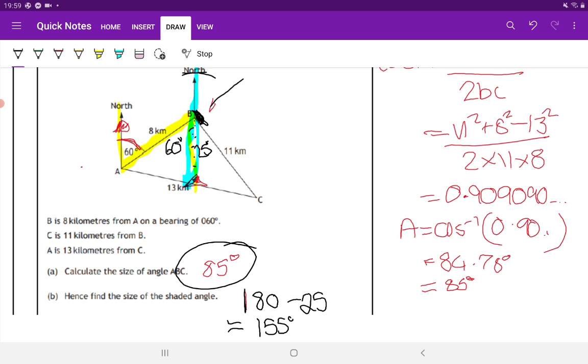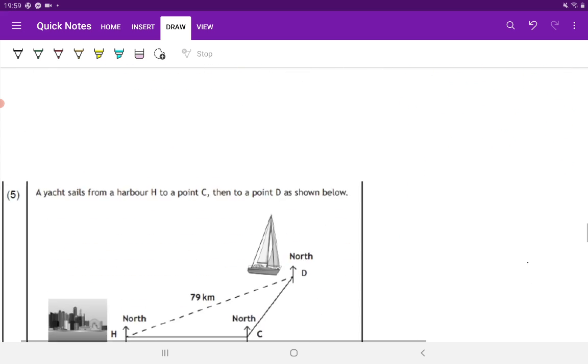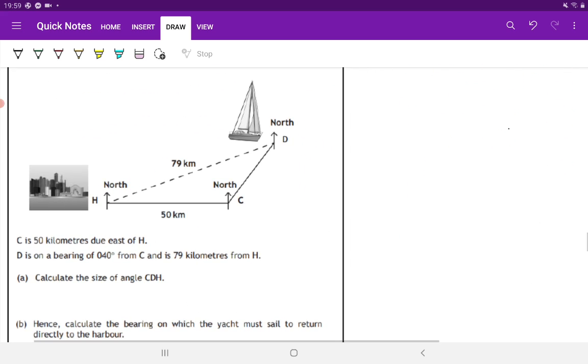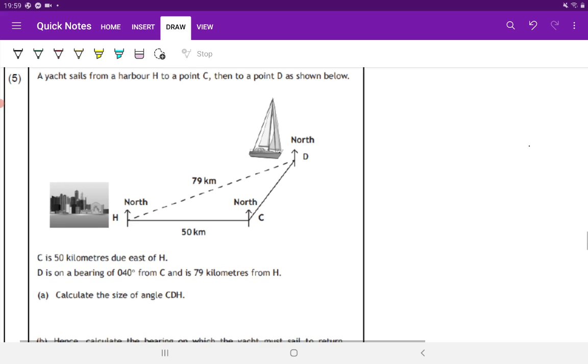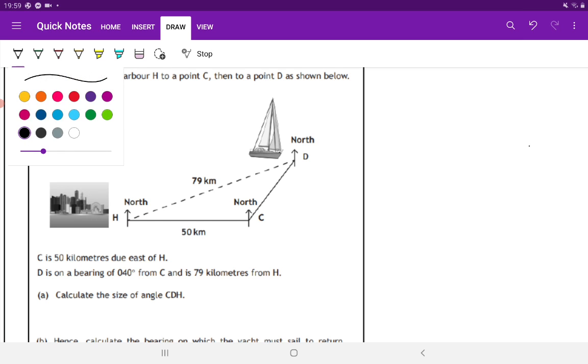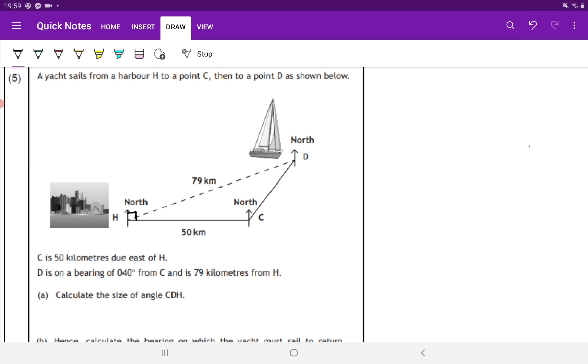angle. Okay, so extending north lines and looking for Z shapes is sometimes going to be really crucial here. Okay, let's have a look at another question. Question number 5. Okay, now, a yacht sails from a harbour to a point C, then a point D as shown below. C is 50 kilometres due east of H. Now that's important. Remember what that means is that means this angle in here is 90 degrees, or also it